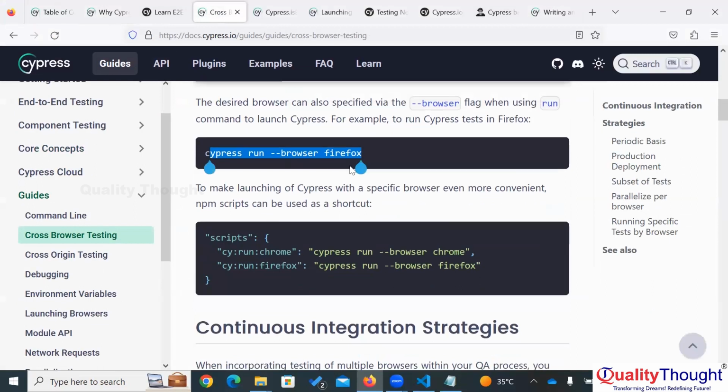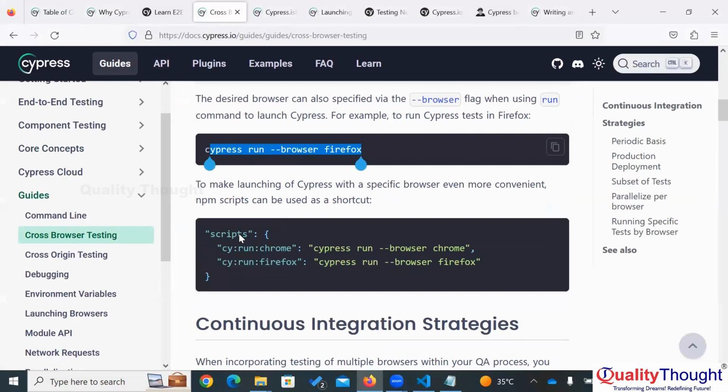Cypress run --browser Firefox. So if you want to run on Edge, Cypress run --browser, the browser name is Firefox here. If you want to run on Edge, make it as Edge. If you want to run on Chrome,